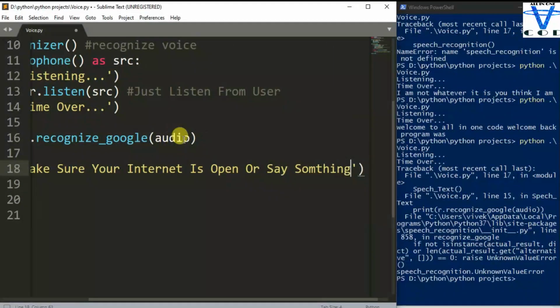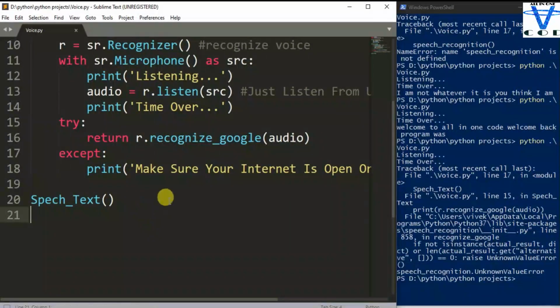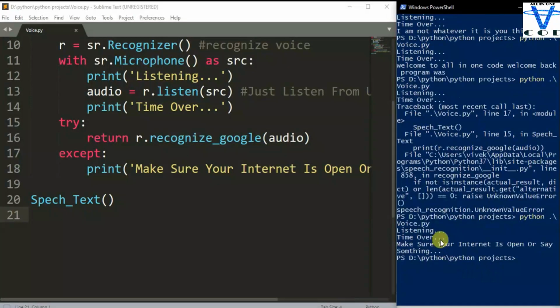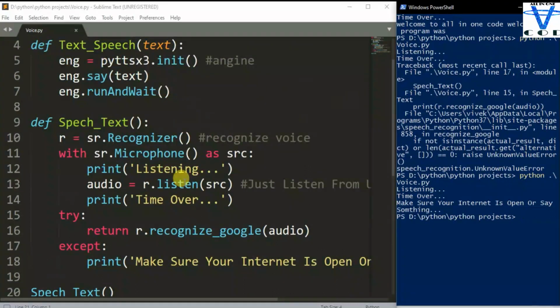So let's try this code again, and this time I'm not going to say anything. You can see we got this print statement: make sure your internet is open or say something. That's how you can reduce this error so the user doesn't get confused.